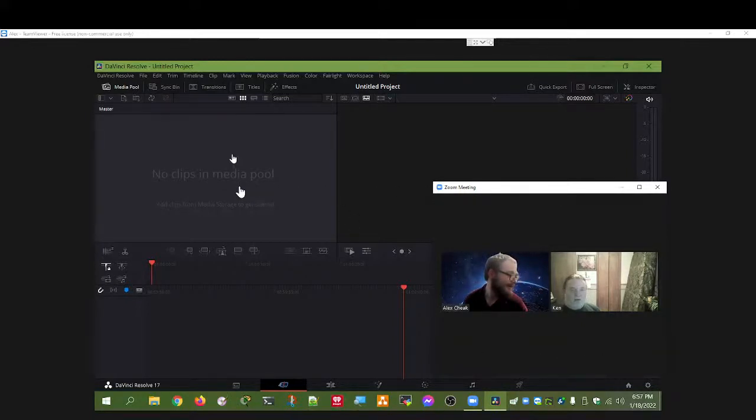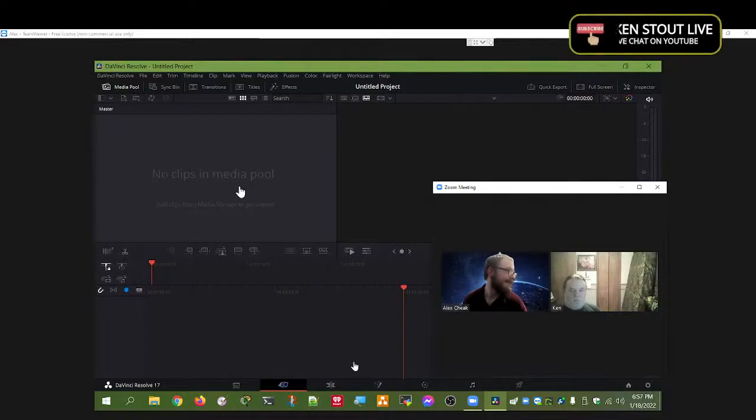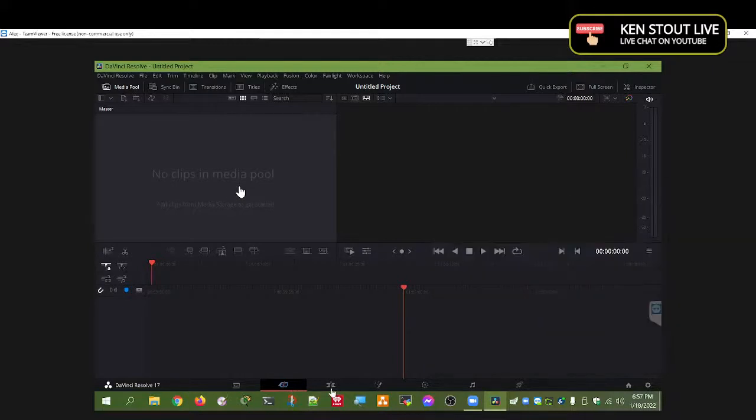So he's got it installed. The first thing you want to do is, it always is going to open up to this tab right here. You want to switch it over to the edit tab, not the cut tab, the edit tab. The very first thing you want to do is go find your media. So if you have a video or pictures or whatever you want to work with, you want to right click in here, and I don't know why it's not working